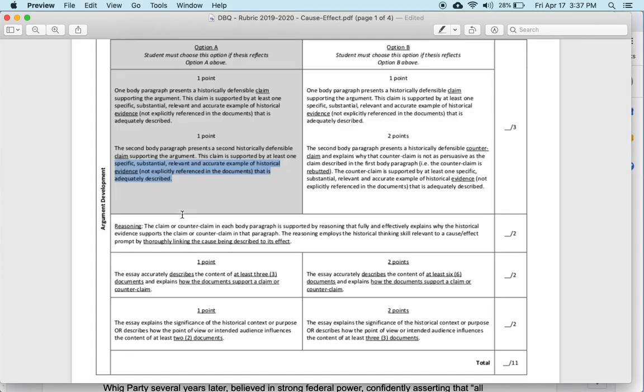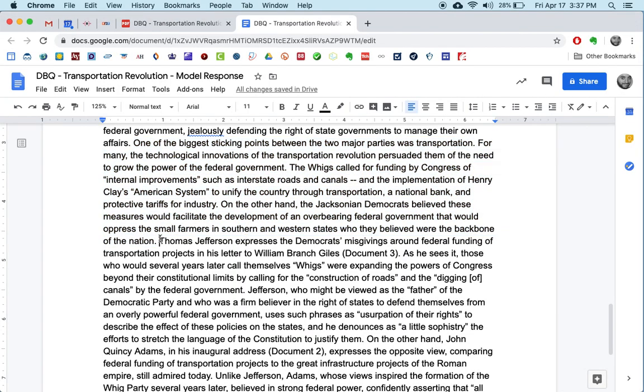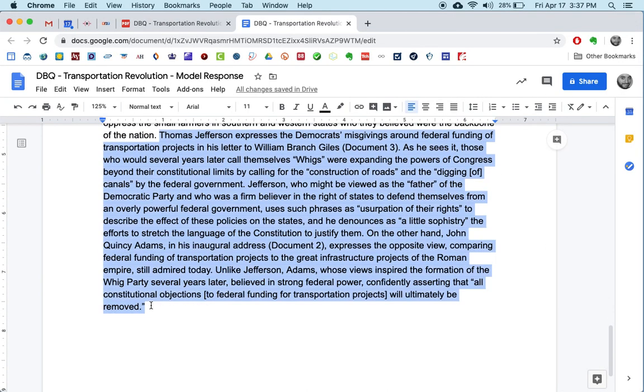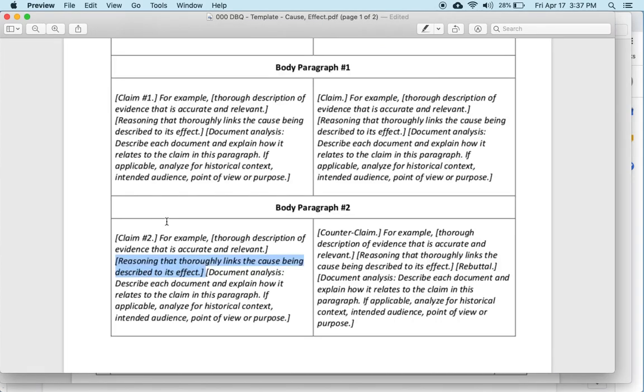So I accomplish the second point here for reasoning, and I get the second point for evidence beyond the documents as well. Now I wrap up my analysis of documents by presenting two more documents, which brings it up to 6 total in the entire essay. And remember, again, that I have to,